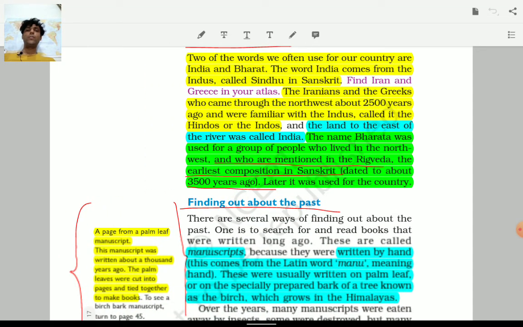Okay, so I hope you have understood correctly what is Indus, what is India, and how the name Bharat was given. Bharat was used for a group of people who lived in the northwest and who are mentioned in the Rig Veda. It is important that Bharat is also mentioned in the Rig Veda, the earliest composition in Sanskrit, which is about 3500 years ago. Okay,